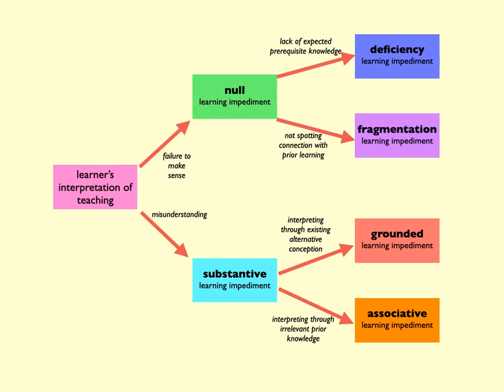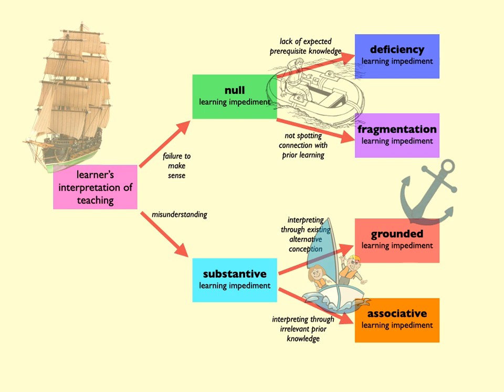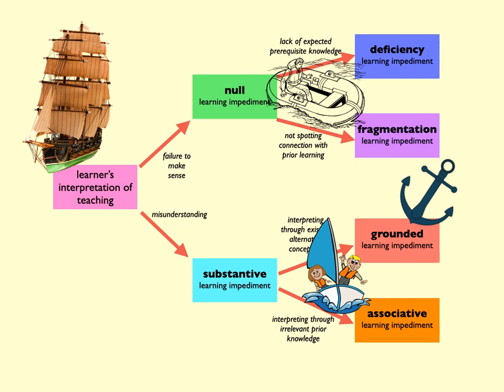Earlier, I used the metaphor of finding anchor points in prior learning for new teaching. In those terms, we might suggest that these types of learning impediments are not finding anywhere to anchor new knowledge, a null impediment, either because the expected harbour had never been built, a deficiency impediment, or the harbour couldn't be located, fragmentation impediment, and anchoring the new knowledge somewhere but not where intended, substantive impediment, either in the right harbour but one that hasn't been built correctly according to the plans, grounded impediment,